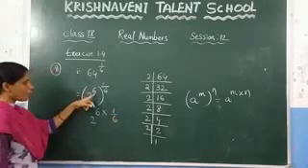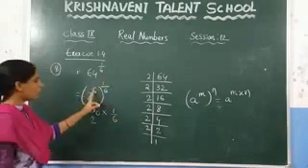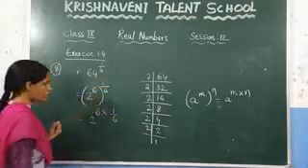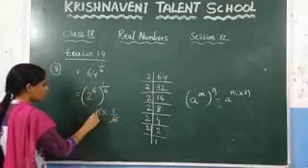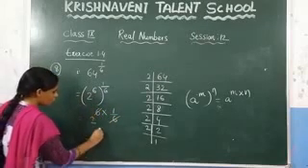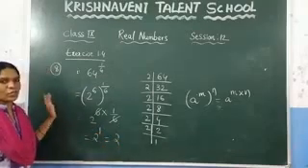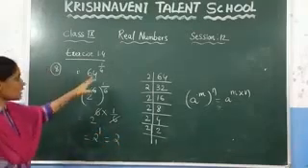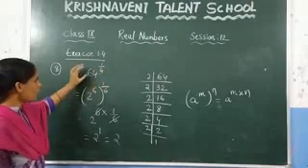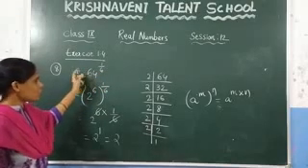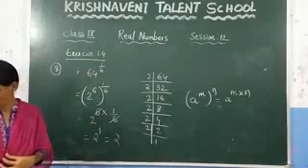Since it is in the form of a power m whole power n, we can multiply these two values. So here this 6 will get cancelled. You will get 2 power 1, which is nothing but 2. Like this you need to solve. Just check the power and write the base to that power. Now see the next one.